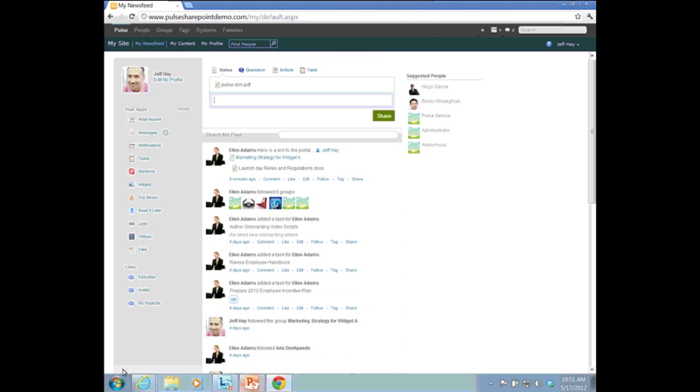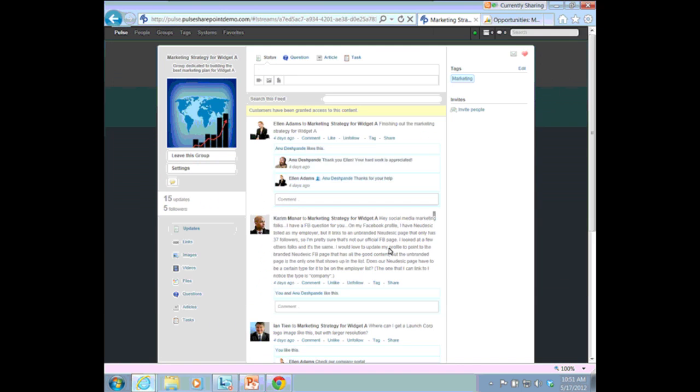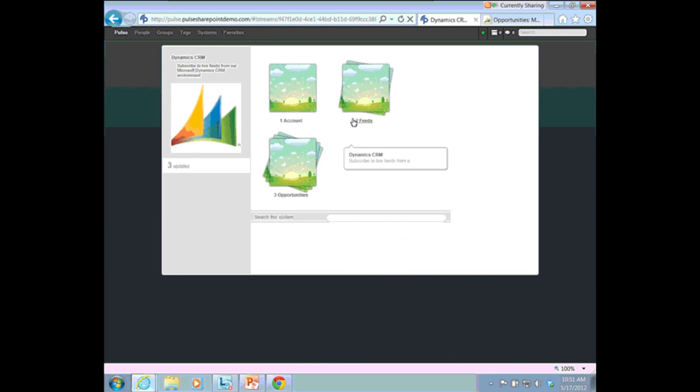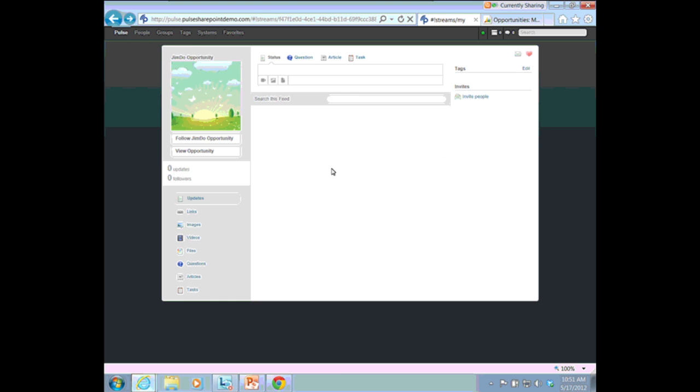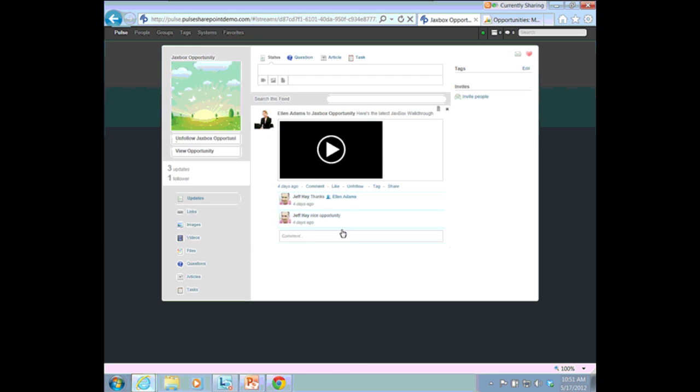And the last thing I want to do is retouch on the concept of the enterprise system hubs. I'll do that by going back into my other browser instance and showing you how, within Dynamics CRM, we can expose conversations that are happening within Pulse itself, for example, this Jaxbox opportunity. When I drill into that, what you're looking at is the conversation that's happening within this particular opportunity inside of CRM. On the left-hand side, I can click View Opportunity, and that will take me directly into that specific opportunity